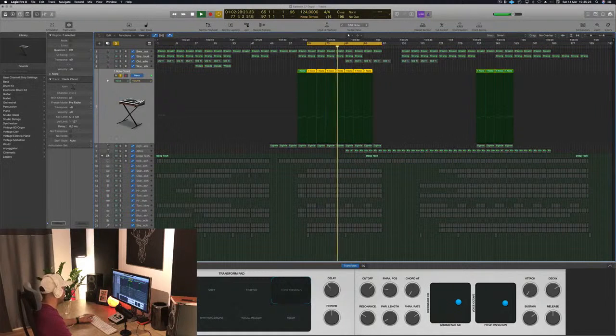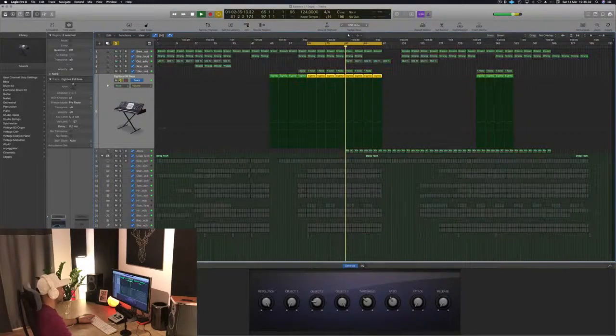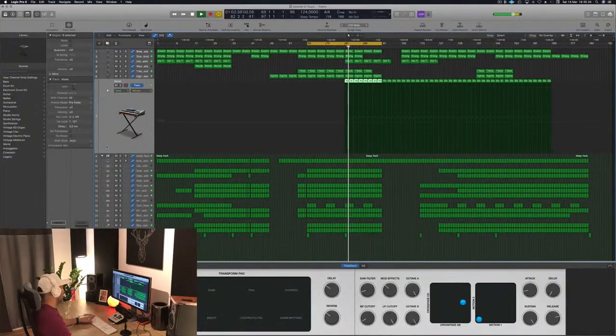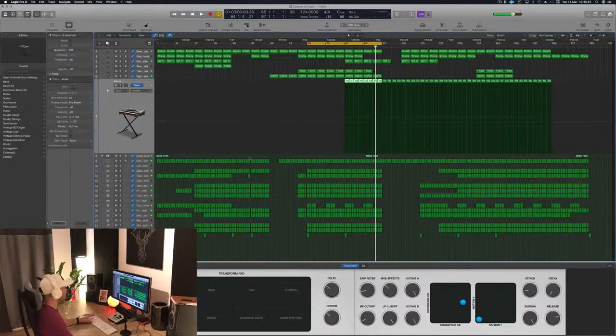Let's see, what is this? This one I want more. Let's hear it. This also needs. This is already a big difference to me, at least to my ears, because there's more dimension around the sounds, and they're more a part of each other.